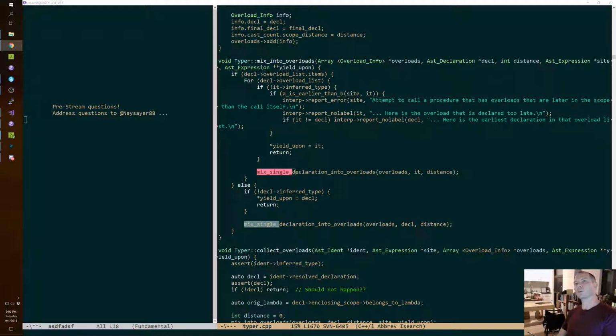If you're calling a procedure, then we check whether the arguments are valid such that that overload could be one of the ones you're calling. And if a polymorphic procedure is involved, we do all kinds of work to check that.